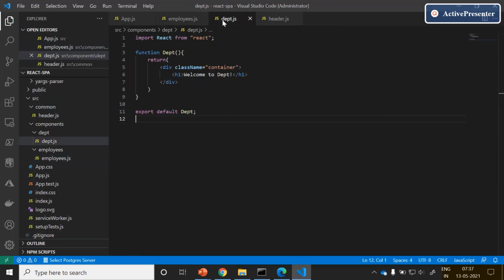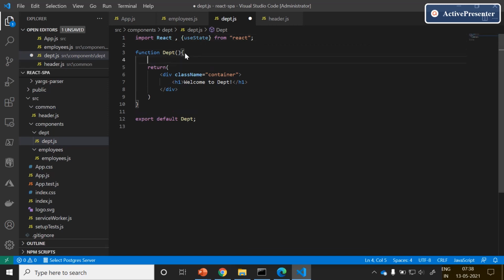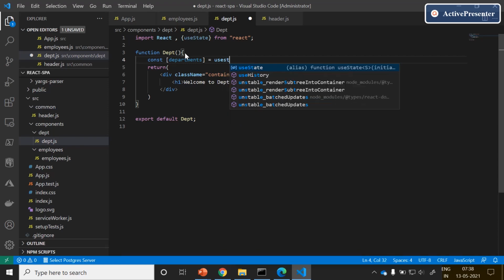Let me navigate to department. As usual, try to import useState. Just click enter. Constant department contains the list of department information.